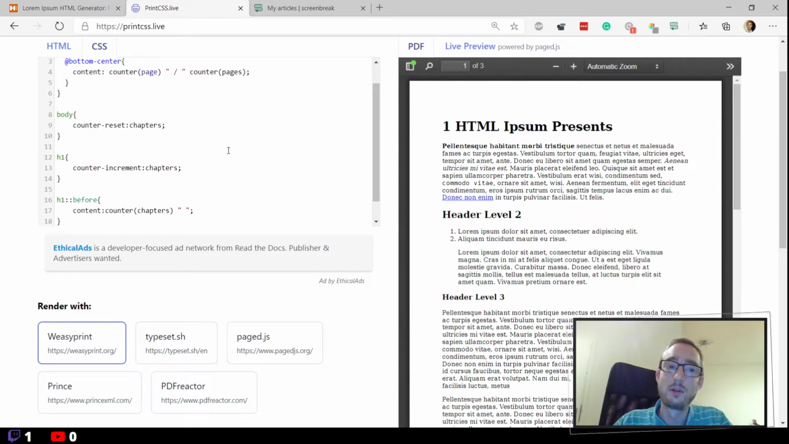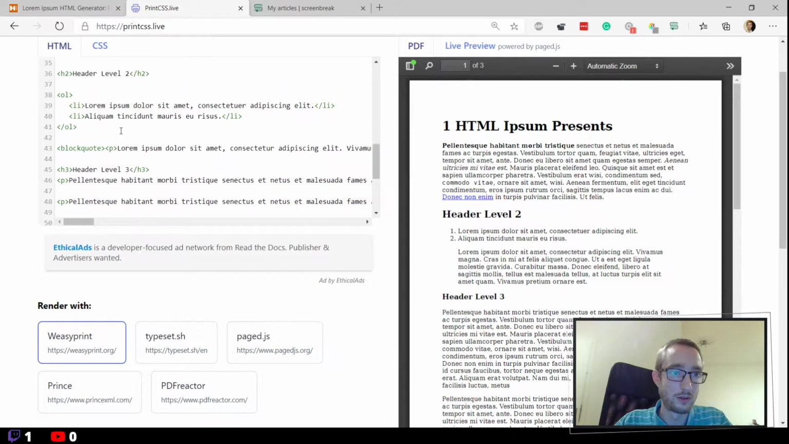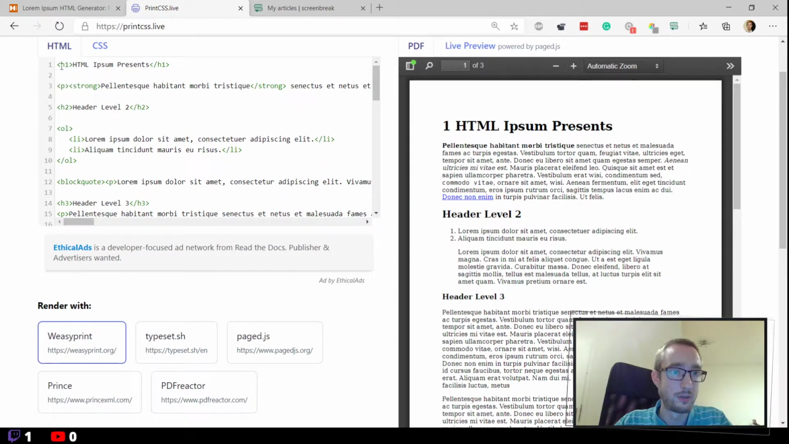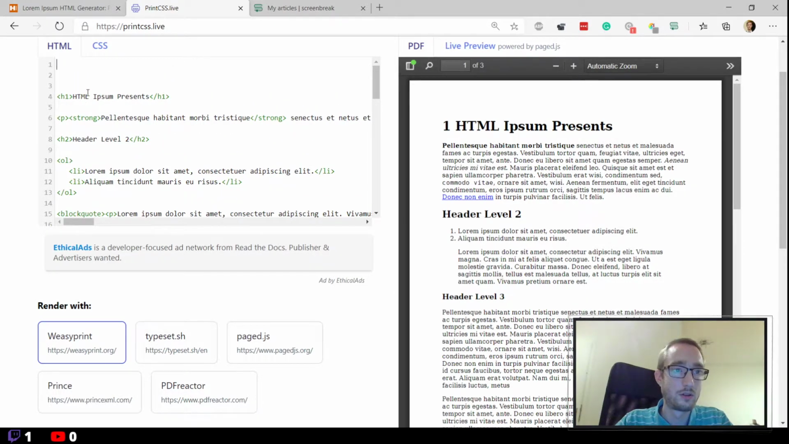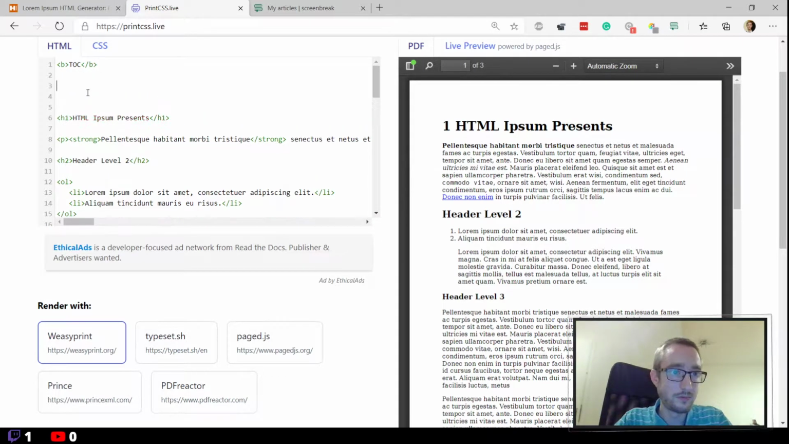So now let's say we want this whole thing presented in a table of contents, for example. So we would go to our HTML, and before our content starts we would have some table of contents, TOC, and in here I would define now 2 links to these different chapters, and for that we say here we have the HTML ipsum presents,